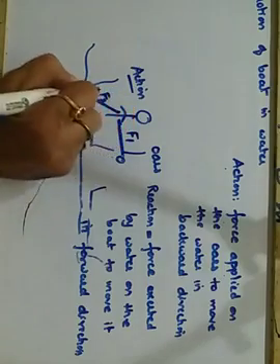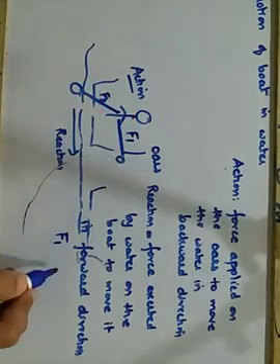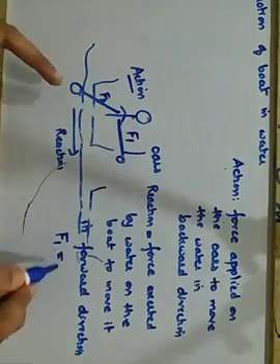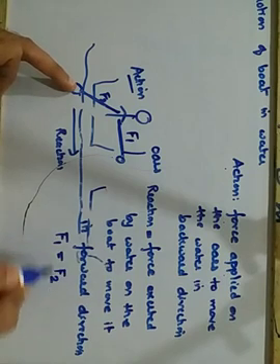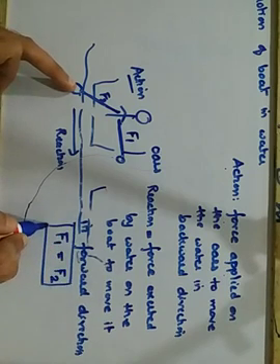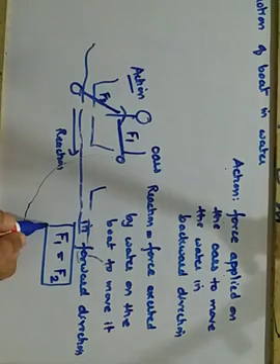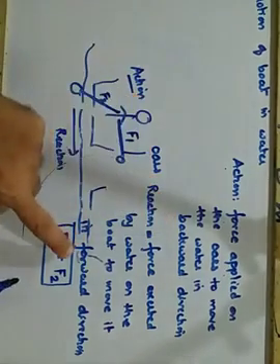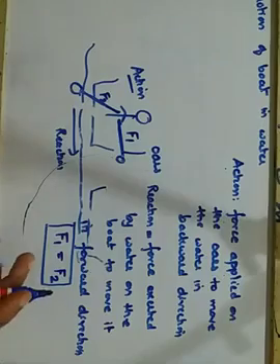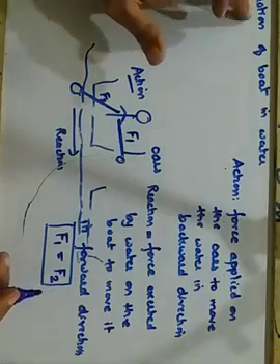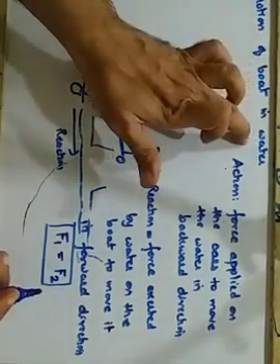So here F1 and F2, again here the force applied by the oars will equal the force applied by the water. Therefore F1 and F2 both will be equal but in opposite direction. Here it is backward direction, here it is forward direction. Getting it? This is about the motion of a boat already in water.